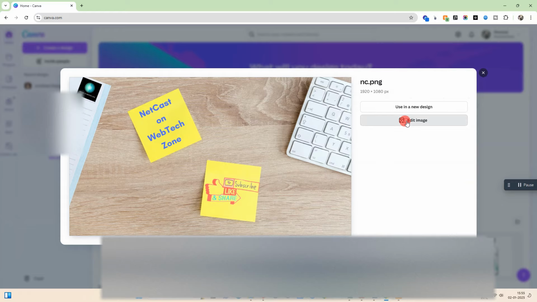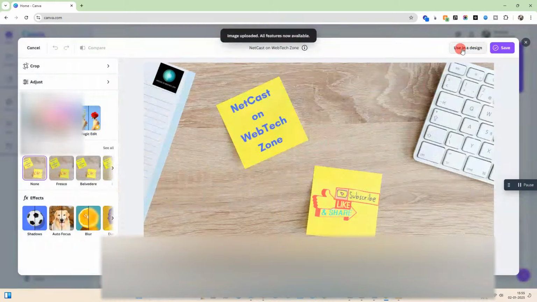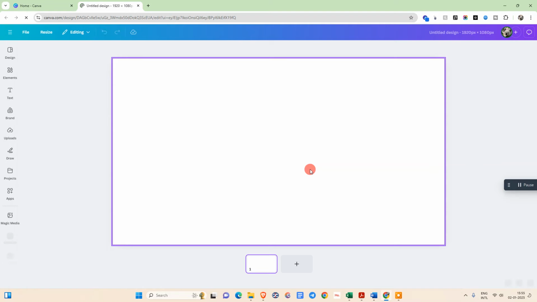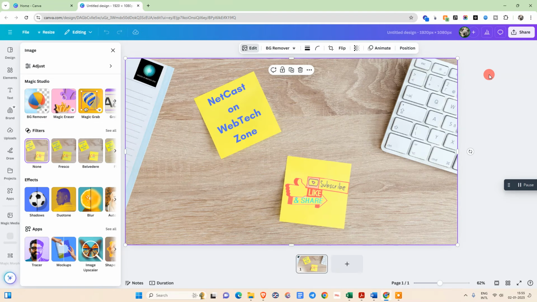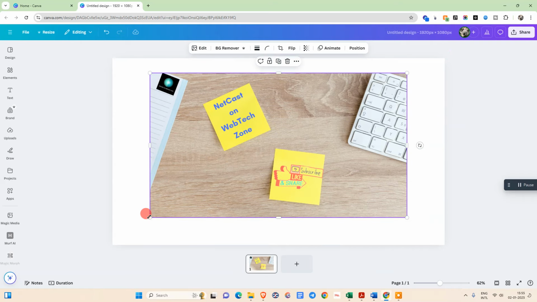Now go to the edit image. After it's open, edit window, now we need to go in using design. It will be open in design only. You can see this is open in design. Now just select that image. Okay, so I just select that image,